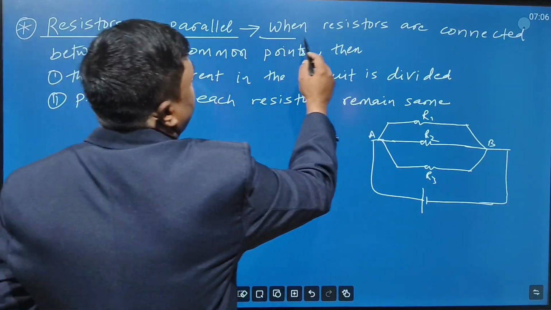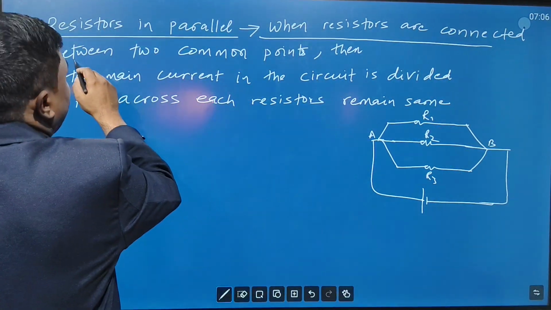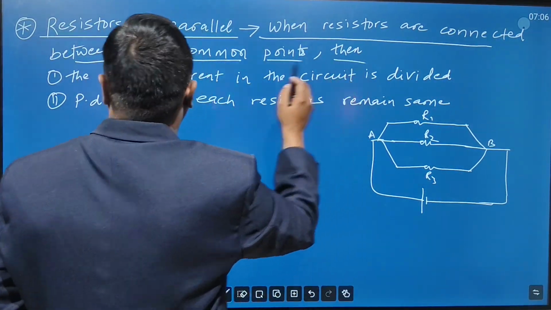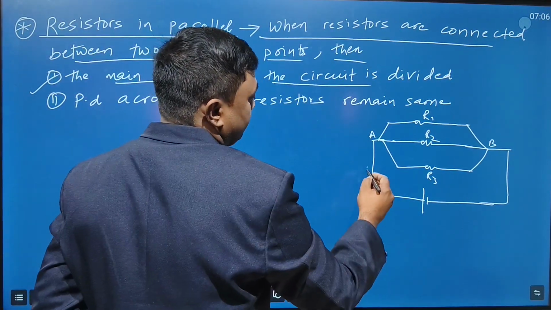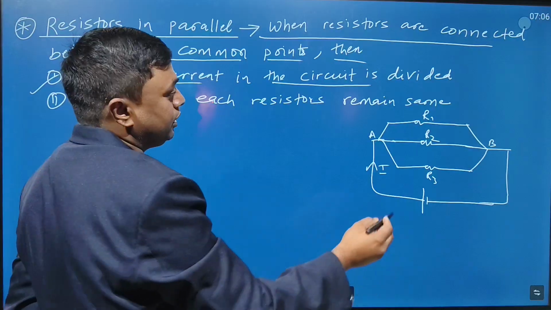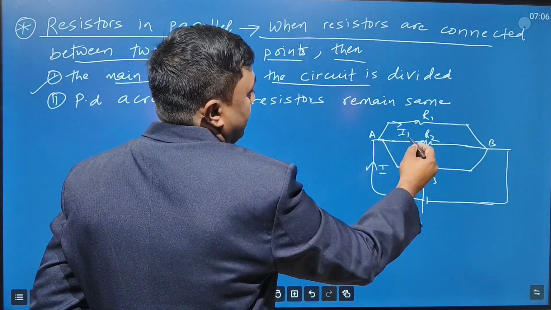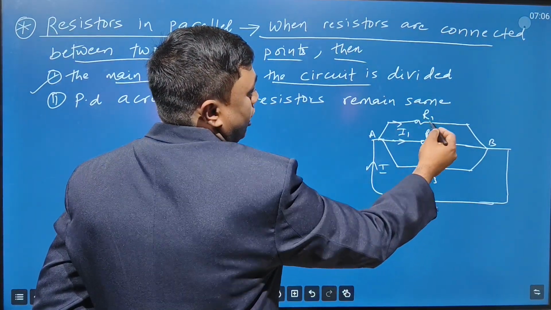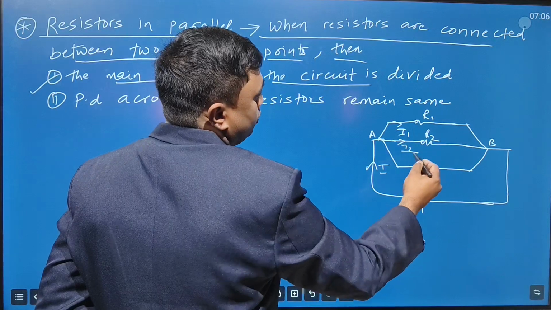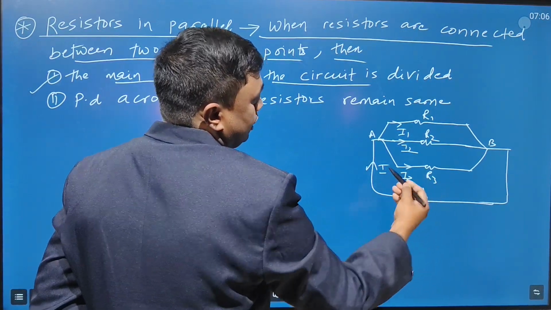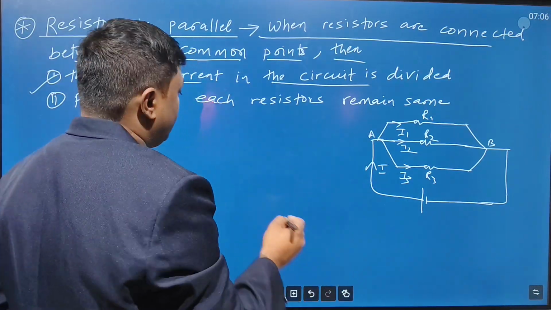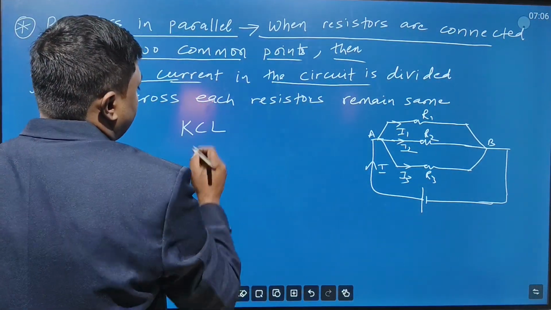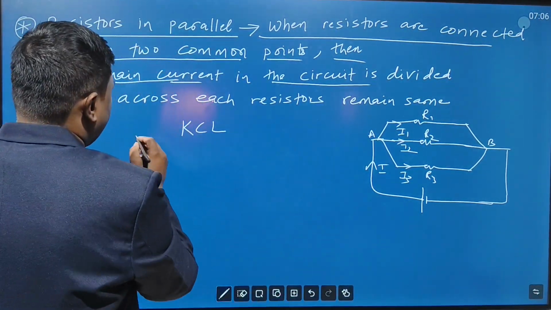So when resistors are connected between two common points, what happens? The main current in the circuit is divided. Whatever current I is passing, it will divide as I1. Current through R1 is I1, current through R2 is I2, and current through R3 is I3. So the main current divides. And you can do it by Kirchhoff's current law also, KCL. You apply